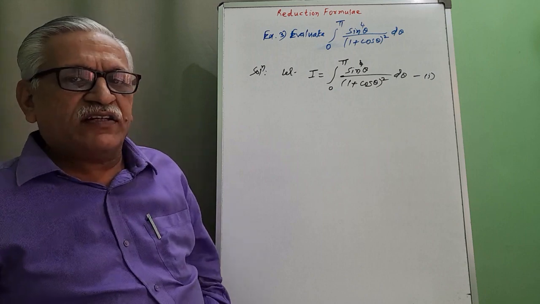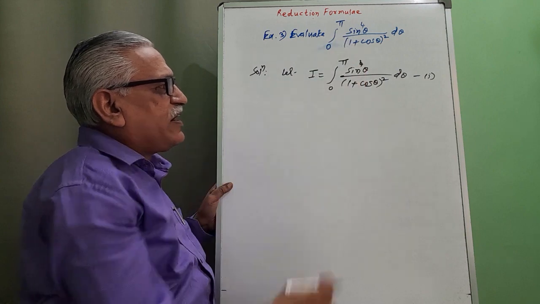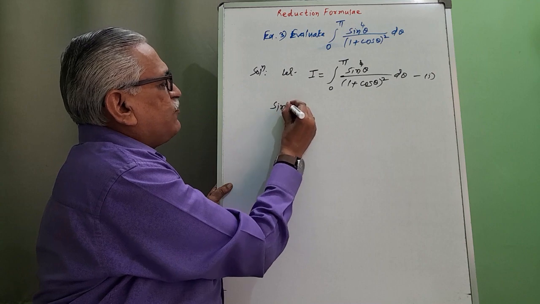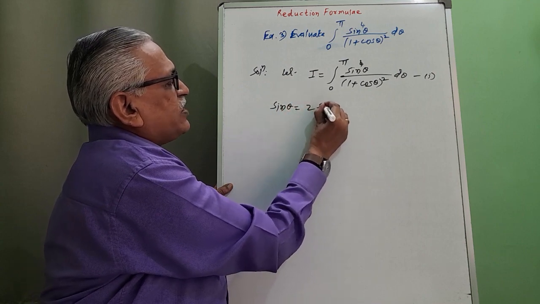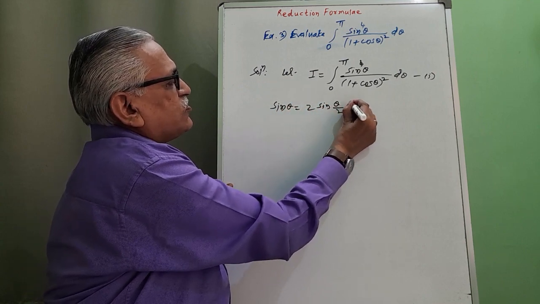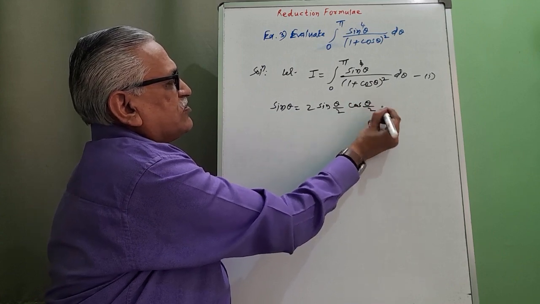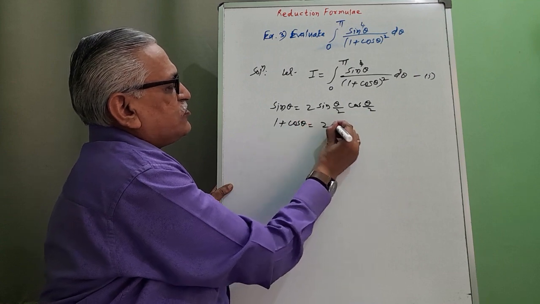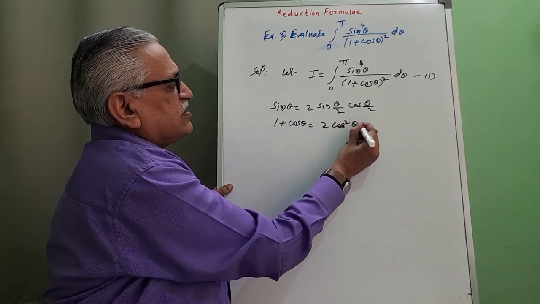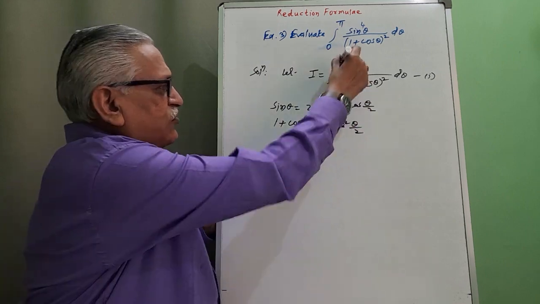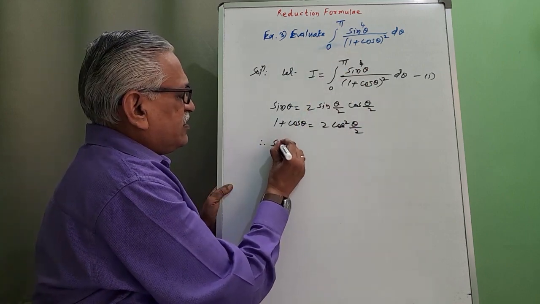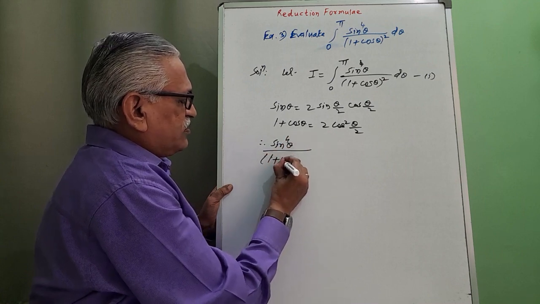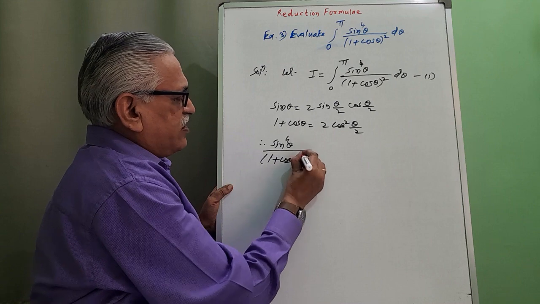If you observe here, limits are not in the form of 0 to pi by 2. Limits are 0 to pi. Therefore, we have to convert this limit to 0 to pi by 2 by converting this into half angle. Therefore, we put sin theta as 2 sin theta by 2 into cos of theta by 2, and 1 plus cos theta as 2 cos square theta by 2, and therefore sin theta raised to 4 whole divided by 1 plus cos theta and its square